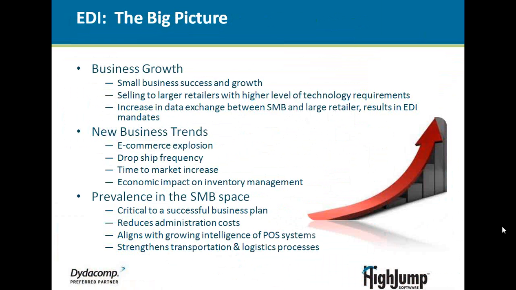Now we're looking for next day delivery. In some cases, we want same day delivery. If ordered by noon, we want it shipped out that same day. That's changed the supply chain in ways that change the data and the way that we need to look at the speed of the data moving. No longer can paper be exchanged or human intervention be in place to move the data between yourselves